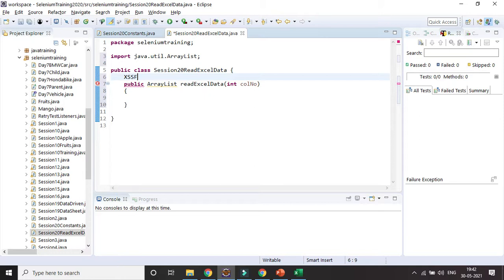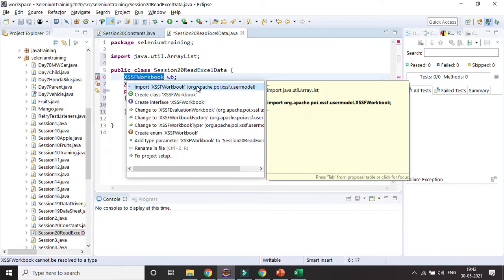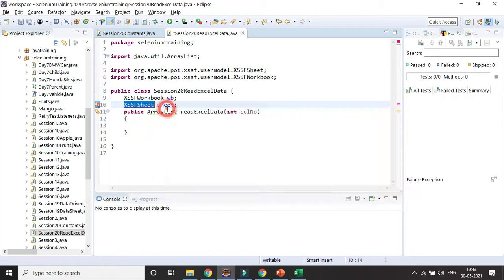That way we will be reading the data. So I will be giving XSSFWorkbook, maybe creating some variable workbook. Similarly, XSSFSheet, I can create some variable for sheet. Make them global so they can be used anywhere. We need to import them from the relevant org.apache.poi.xssf.usermodel package. Once the import is done, then here I will be reading the